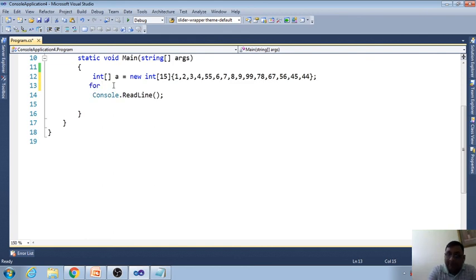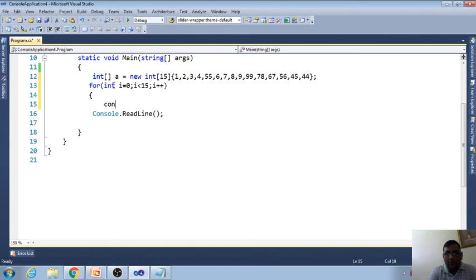To print this, we need to use the for loop. Int i equal to 0, because the index number starts at 0, and i less than 15. Less than 15 means it will go up to 14. And i plus plus. Here Console.WriteLine, I will print A and here is the i.